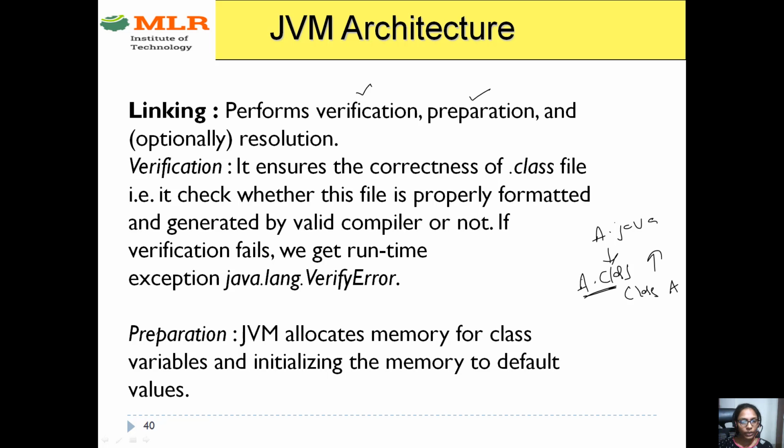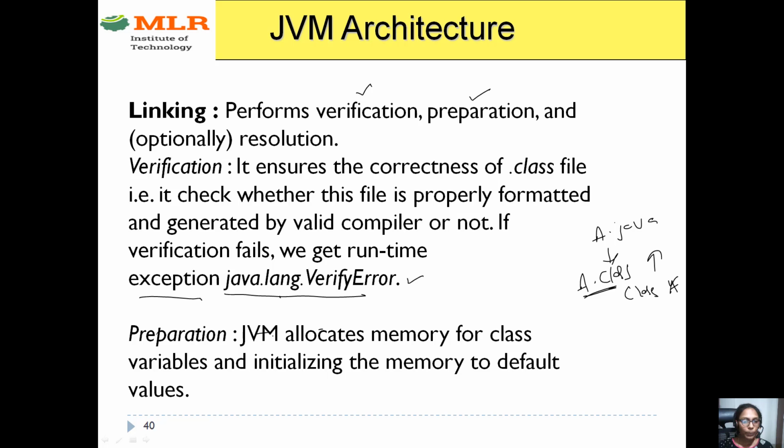So it will check whether it has been given correctly or not. If there is any error in this, it will raise an exception, that means a runtime error, and that exception is known as java.lang.VerifyError. It is an exception which will be raised at runtime.